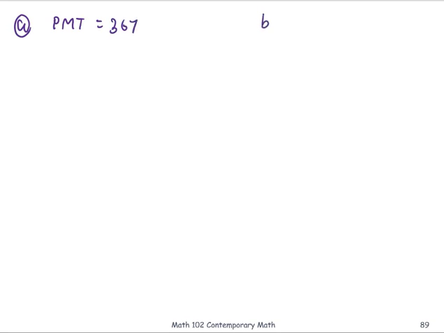And for loan B, the PMT or the monthly payment is 278. To compute the total interest, we're gonna use the formula. So the total interest would be the total payment